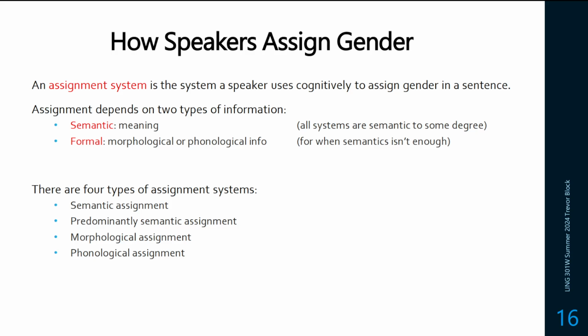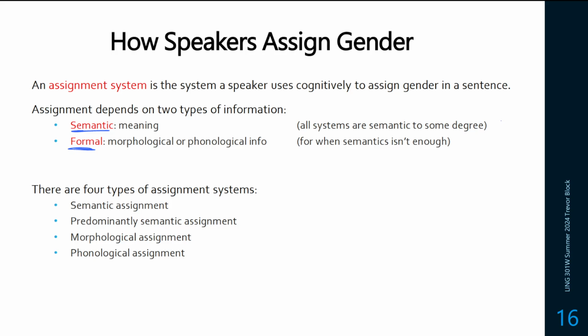So now that we know a little bit more about gender, we need to think about how speakers think about gender in their minds and how they're assigning gender to words, like new words. So, I mean, this really isn't a cognitive discussion. This is more like the different types of systems and how speakers in different languages reconcile with figuring gender out. So there's a couple ways. One is just a semantic system. So this is meaning. They use meaning to determine gender. And another way to do it is more formal. So this is using linguistic properties of words, like the morphemes that come up, or maybe the phonology.